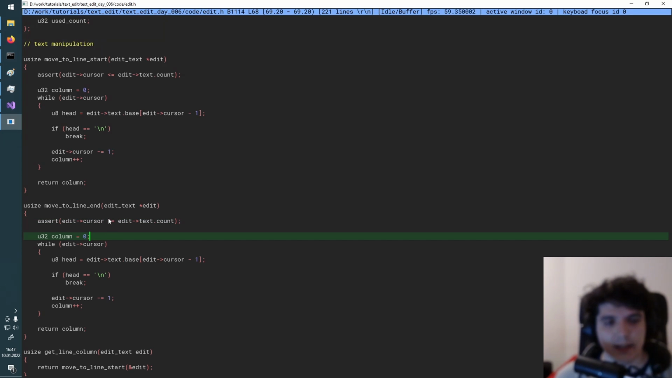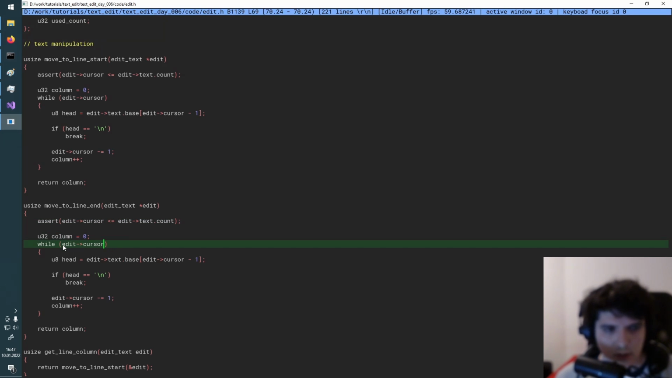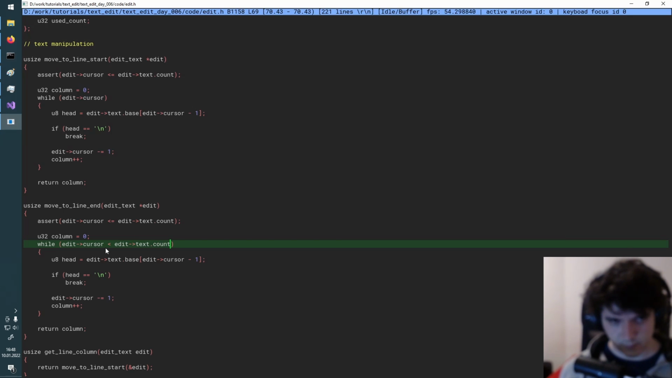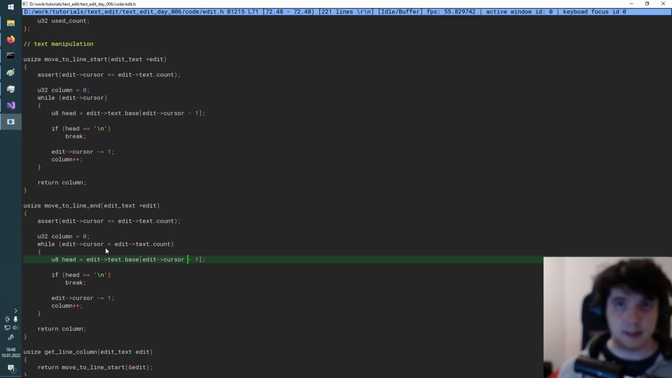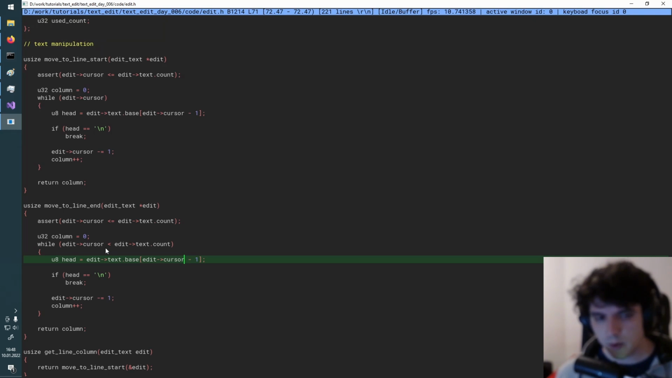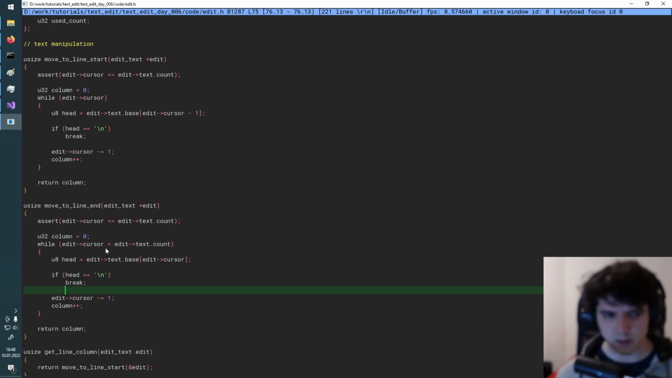Yeah, so basically we want to go to the end of the line. So as long as our text cursor is less than the edit text count, we can advance. In this case, we want to read what is actually behind the cursor. And if that is a new line, we stop. Otherwise, we